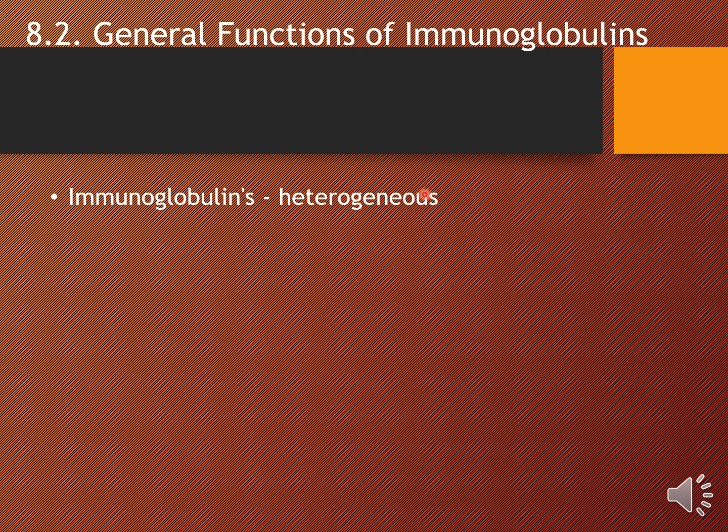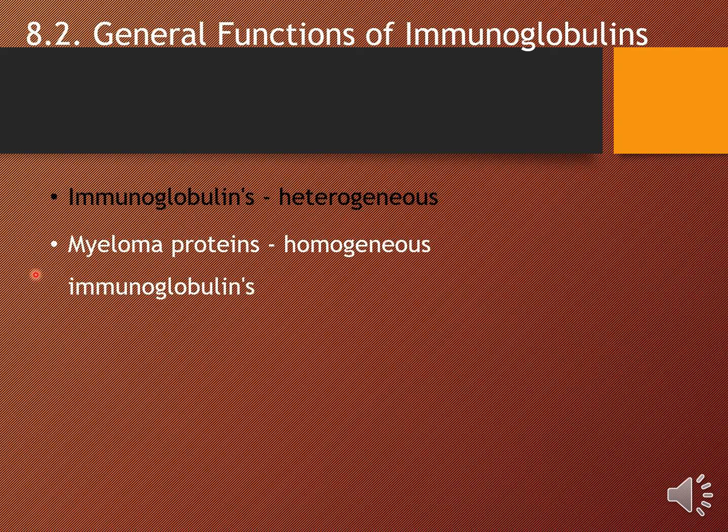Right, another property of immunoglobulins is that they are heterogeneous, meaning they can have many different forms. That is why we have different classes of antibodies. On the other hand, for myeloma, which is a kind of abnormality when the B cells produce antibodies, the kind of antibodies that they produce is only one type, right? So that means it is monoclonal. On the other hand, normally it should be polyclonal,